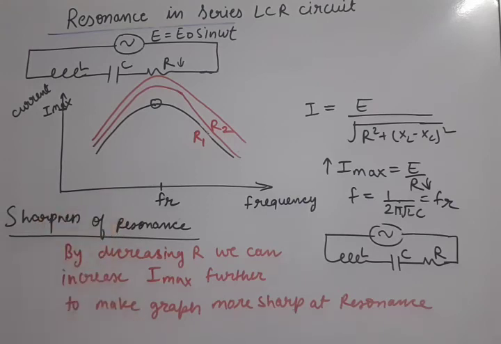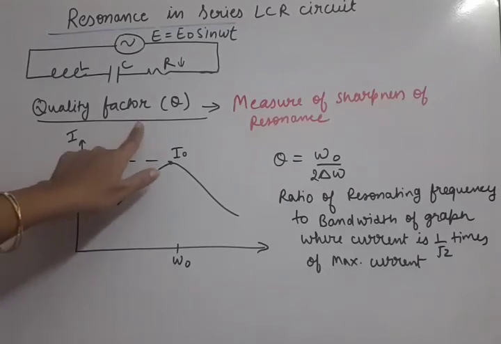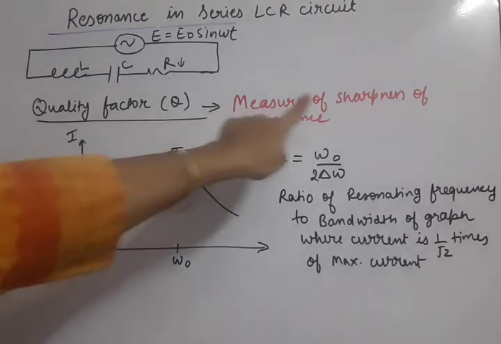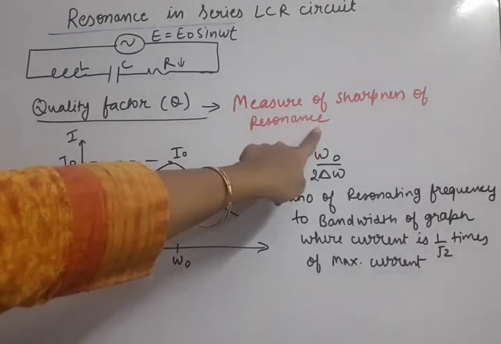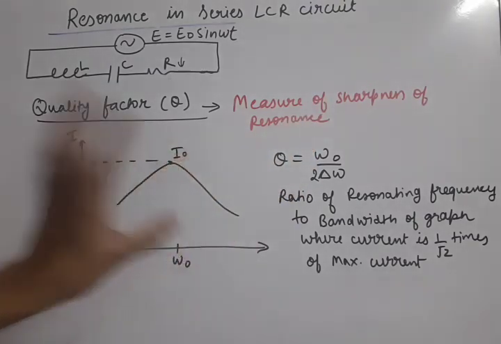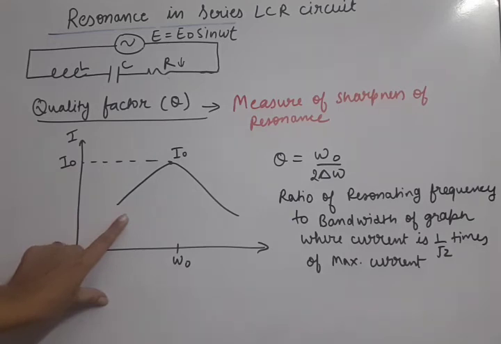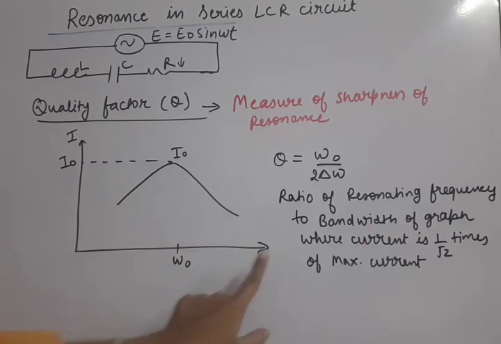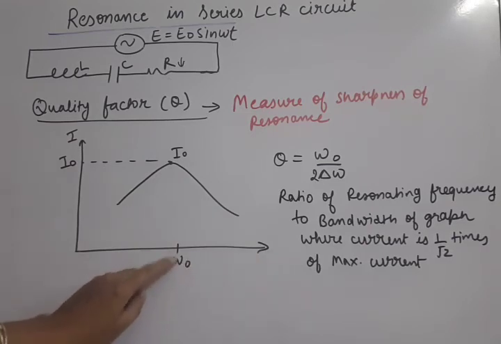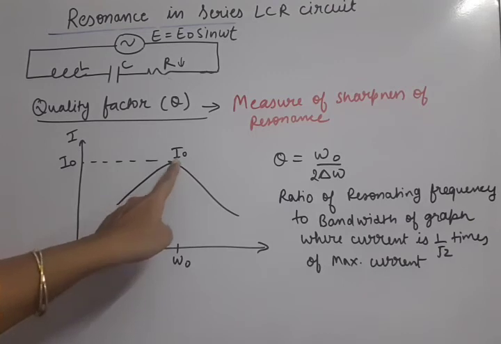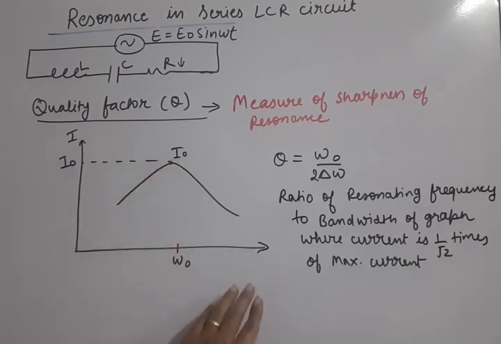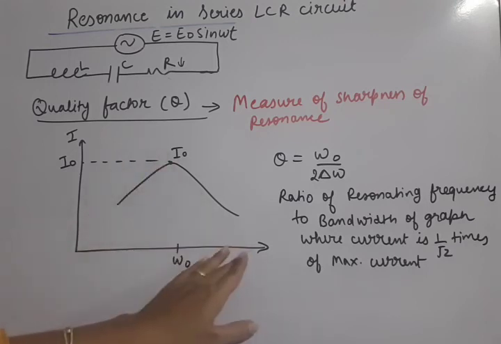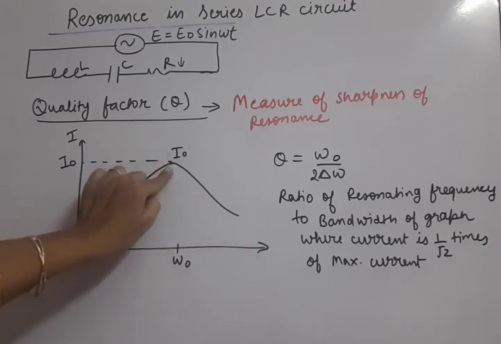Okay, note down. Now the last topic related to resonance is quality factor Q. Quality factor Q is a measure of sharpness of resonance. That is, whether the graph is sharp or not. As you know, we need this graph between frequency and current. We can write simple frequency or angular frequency. So this is the resonating angular frequency omega 0. Here the current is maximum, and whether we go to this side or this side of the resonating frequency, the current has to decrease because at this point only the current is maximum.